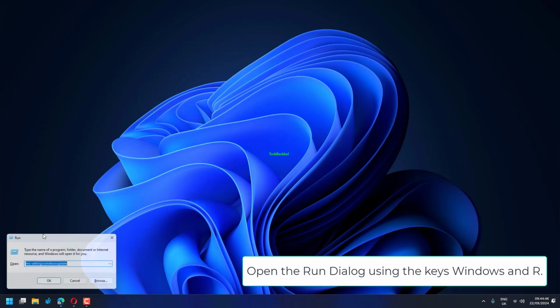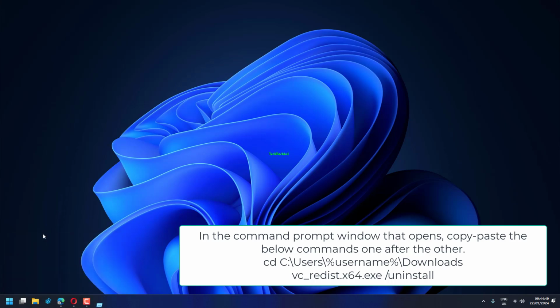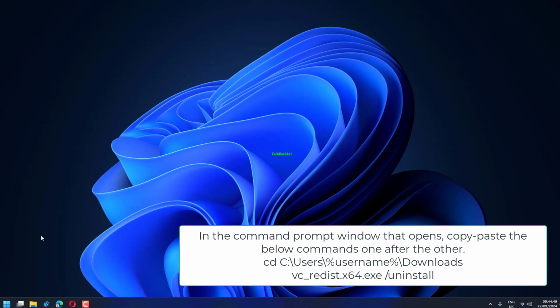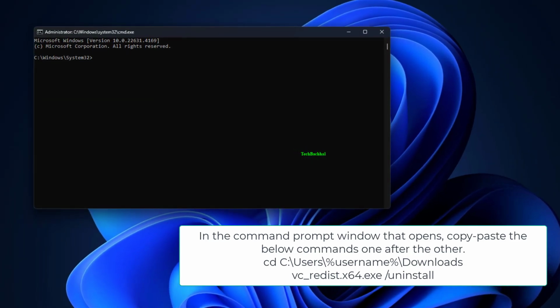Open the Run dialog using the keys Windows and R. Type CMD and press Enter. In the command prompt window that opens, copy-paste the below commands one after the other. cd C:\Users\%username%\Downloads, then vc